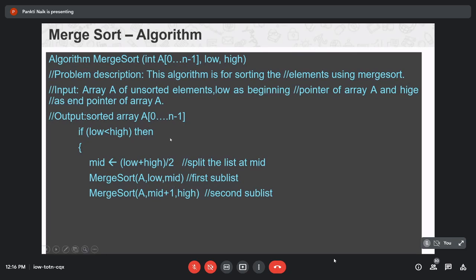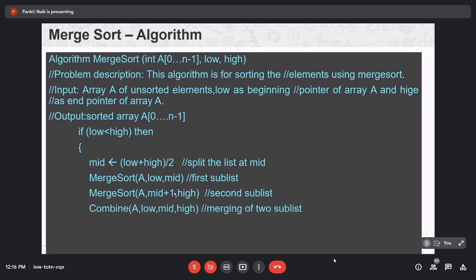So now your high becomes mid. And for the second sublist, A, comma, mid plus 1, the next element after the mid element, comma, high. So this is for your left sublist and this is for your right sublist.